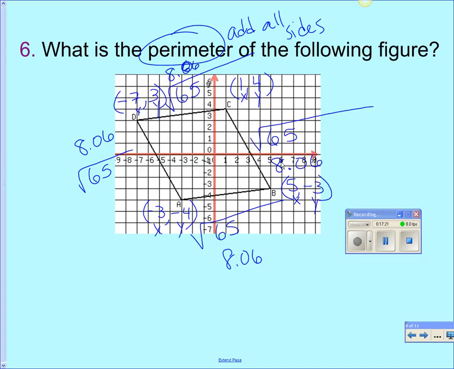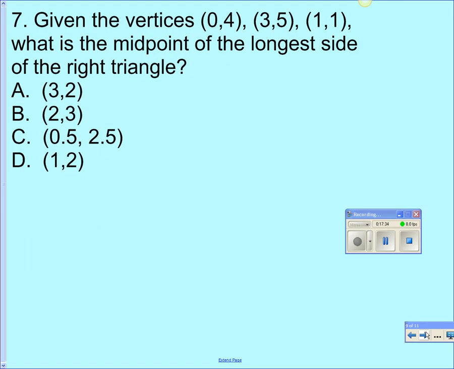No, the decimals don't work that way, I don't think. What did you get? Is it? Oh. Sorry, Ethan H. My apologies. Okay, so that's your final answer, 32.24. Okay? All right. Number 7, given the vertices 0, 4, 3, 5, 1, 1, what is the midpoint of